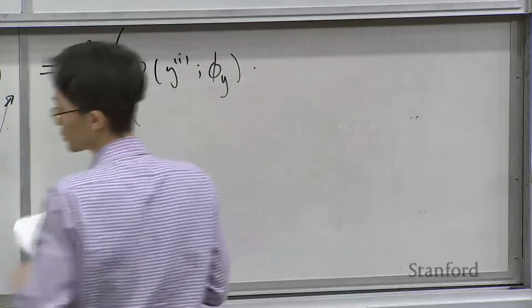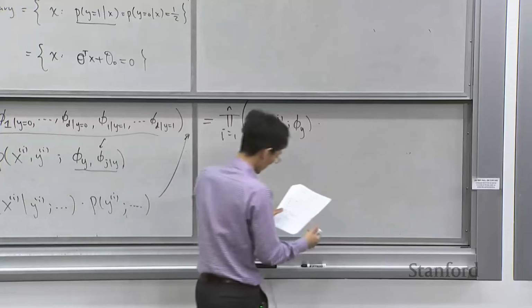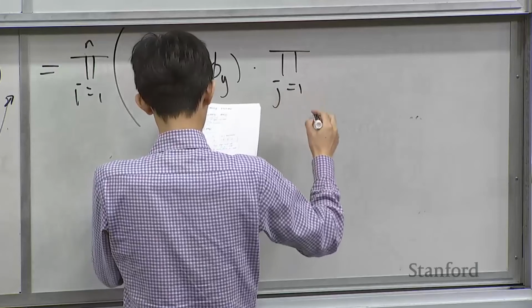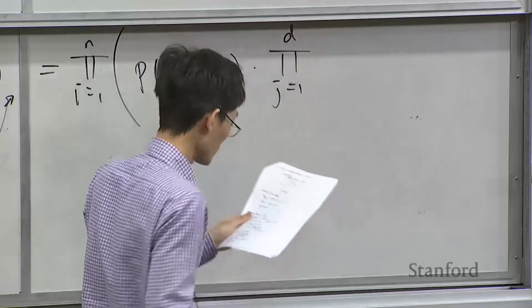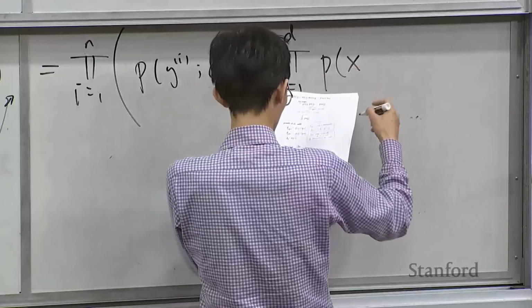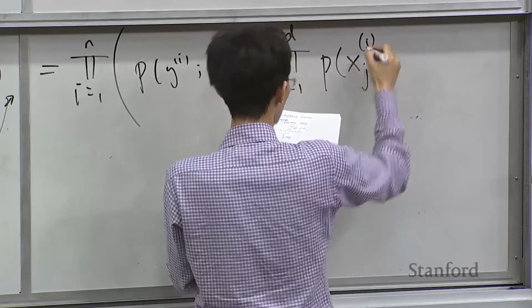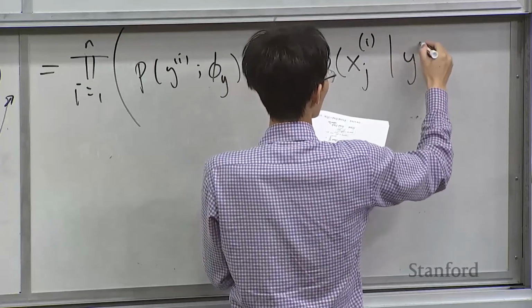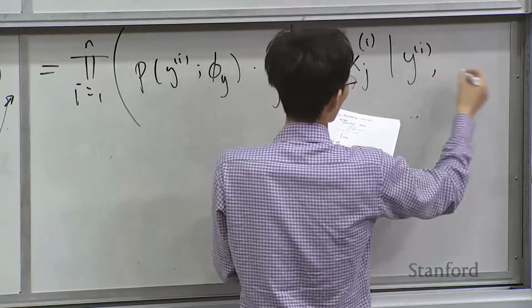And then I'm going to factorize this thing across the coordinates. So I'm going to have a product across the coordinates, d coordinates, and then I have p of x sub j^(i). This is the jth coordinate of the ith example, given the label for the ith example and all the parameters